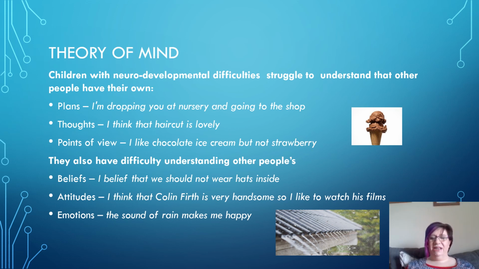It's also really incredibly difficult for your child to understand that somebody's emotion might be different to their emotion. So the example I've used in here is that the sound of rain on a roof makes me really happy. I think it comes from my childhood, where the only holidays we ever went on were camping. And of course, a lot of the time it rains. We were in the UK. But it's still that noise brings the emotion of happiness to me.